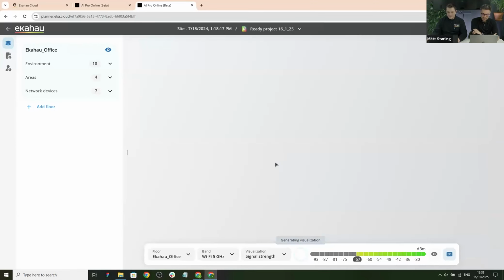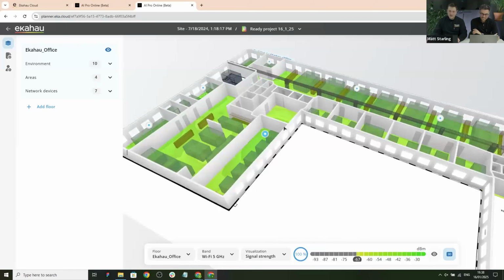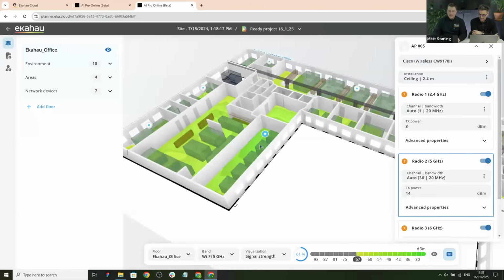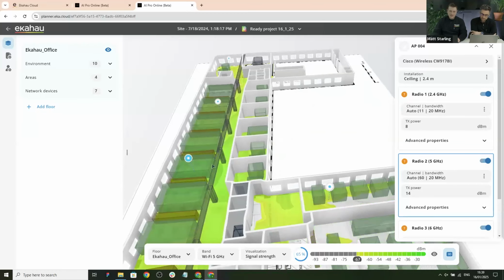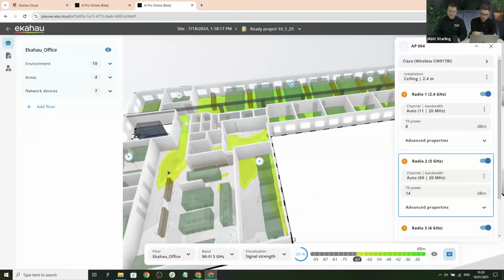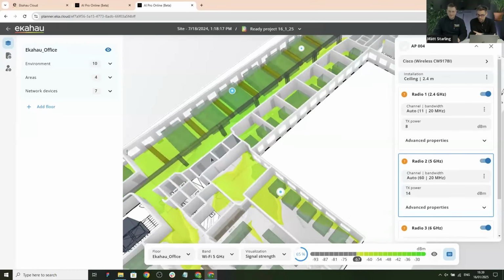Okay. Anyway, so you can see that you can simulate also in 3D any changes to your environment. You can change the AP heights, obstacle properties, whatnot. And in a 3D environment, you can see, for example, select APs and see how that individual AP propagates in that environment. Really nice, Vlad.